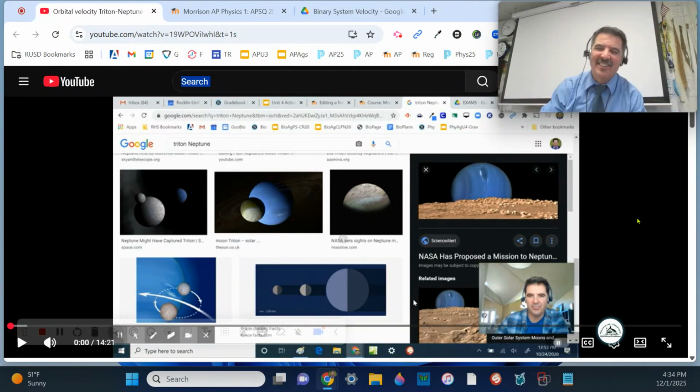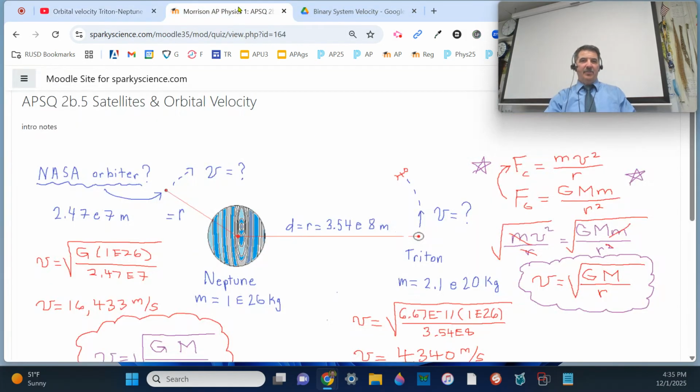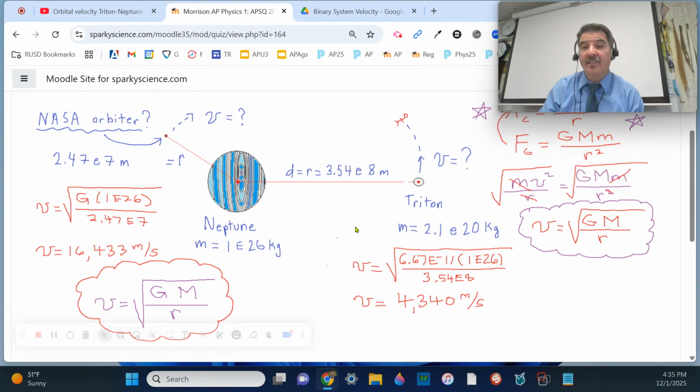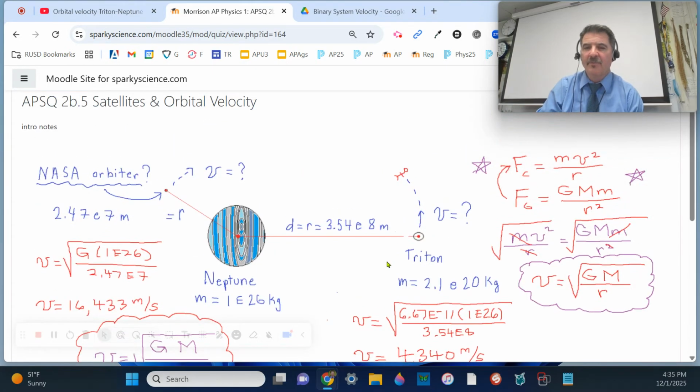All right. Anyway, today we were talking about orbital velocities by studying Neptune and Triton. It looks a little bit like this. I've got Neptune and Triton, and when you do the math for satellite velocity, the mass of the smaller object cancels out in the math, right? People are sometimes confused why that happens. Well, the only reason that works is because the object in the middle is so much larger